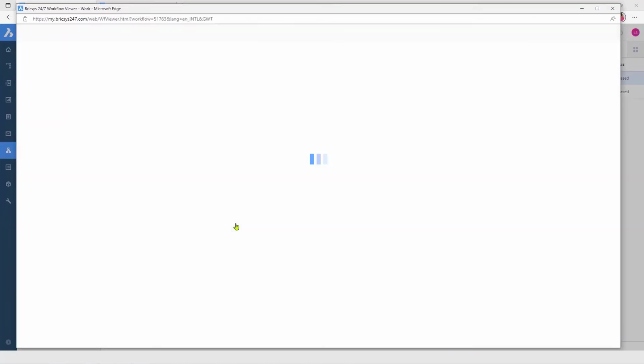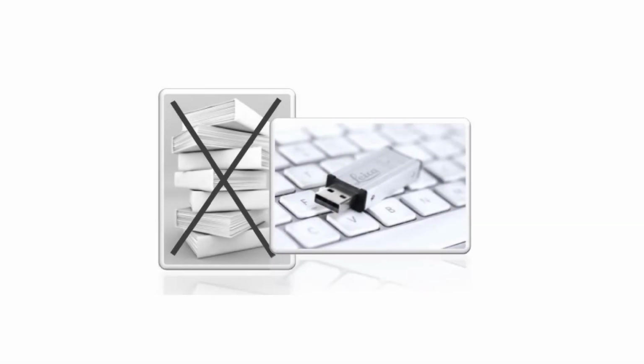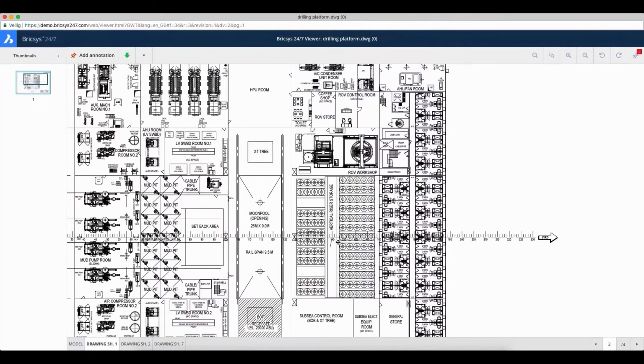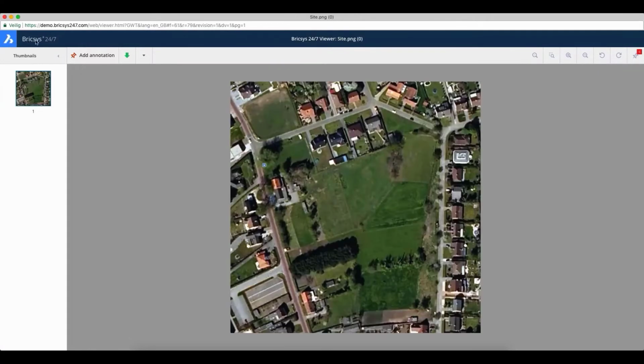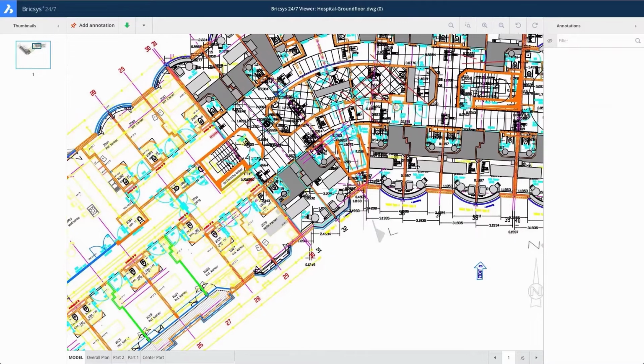Individual documents are handed over through workflows and guided to correct folders, where a high-quality digital handover package can be created. Forget spending days, weeks, or even months printing drawing sets, manuals, certificates, and more. With Bricsys 24/7, you have all handover data in one place, including O&M manuals, warranty information, certificates, and inspection reports